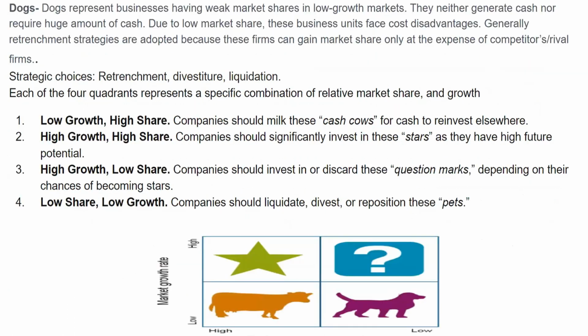for the business. Now, next is the dogs quadrant. The dogs represent businesses having weak market share in low growth markets. They neither generate cash nor require a huge amount of cash. Due to low market share, these business units face cost disadvantages. Generally, retrenchment strategies are adopted because these firms can gain market share only at the expense of competitors, or rival